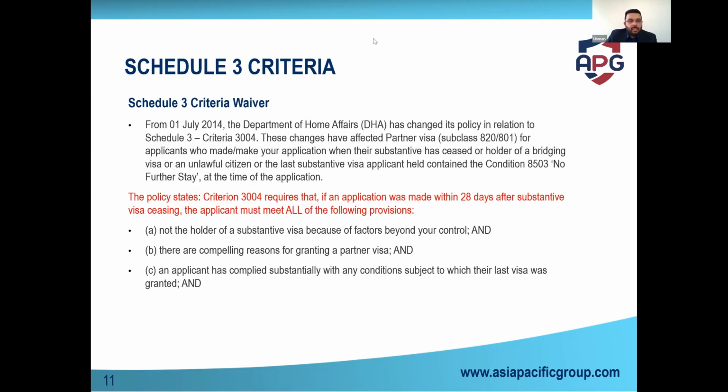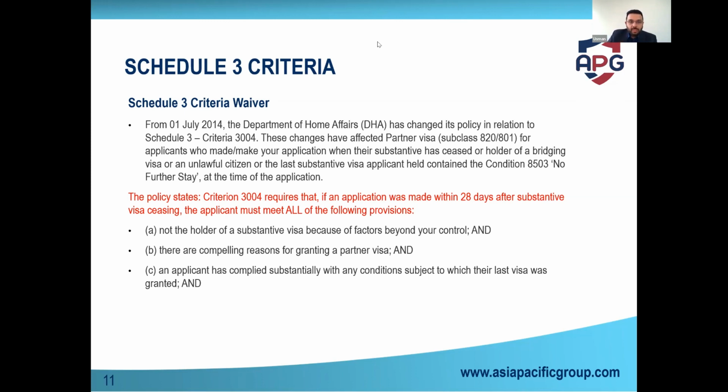So obviously, you can get a waiver for Schedule 3 as well, but your reason has to be very compelling, and you could use reasons. One of the most common reasons is that you have a child together. If you have a child together, you can justify that we have a child together, or we have some other reason, such as employment. You have to make a very good reason. Based on that, they can consider it.